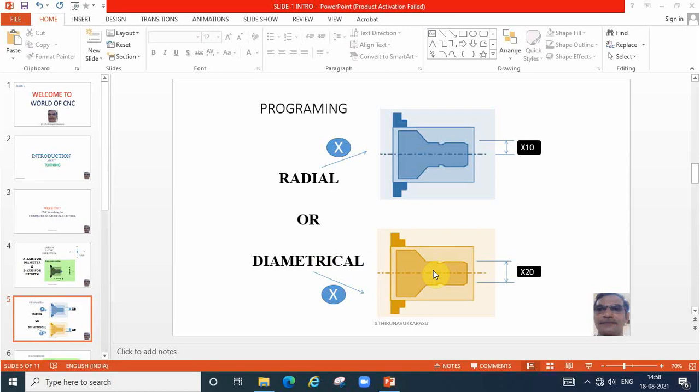Say one layer, 0.5 of material, has been removed. We want to measure the diameter of the workpiece. Simply we can use a micrometer or vernier caliper, and we get the diametrical value directly. So it is better to always follow diametrical programming.